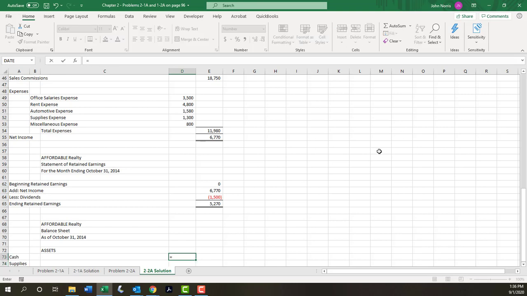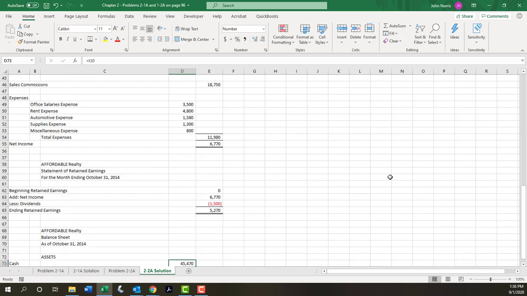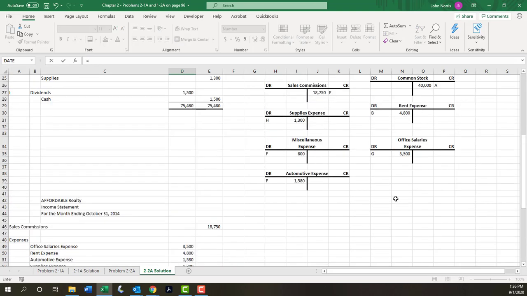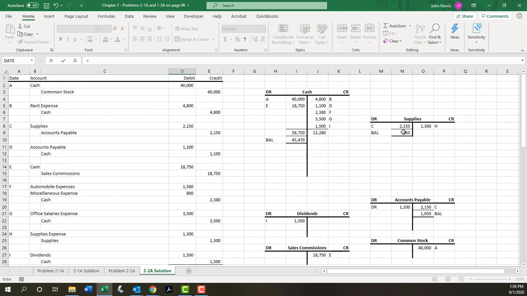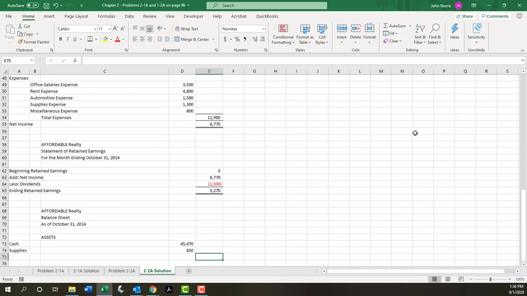Cash amounted to $45,470 and supplies equaled $850. That gives us a total for total assets